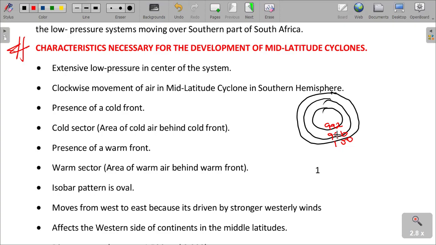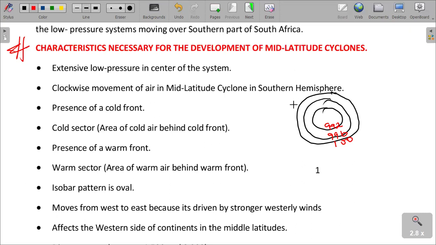So what we are saying is that in this case, there is the deflection of wind, which is to the left in the southern hemisphere and to the right in the northern hemisphere. Which results in cyclonic air circulation being clockwise in the southern hemisphere. Therefore, the cyclonic air circulation in the southern hemisphere is clockwise, and anti-clockwise in the northern hemisphere. So if it is clockwise, therefore we have got our bars, which we say air moves from high pressure to